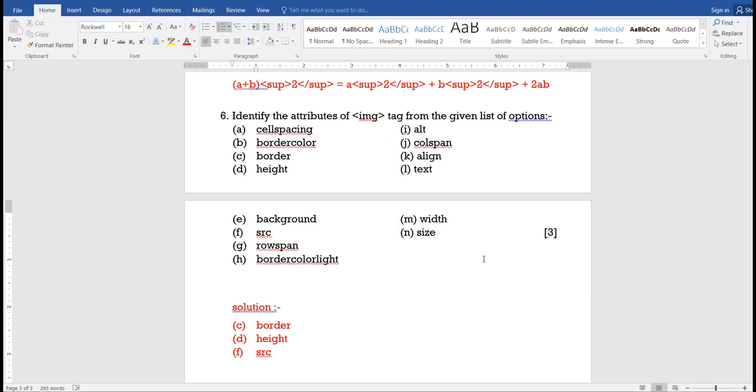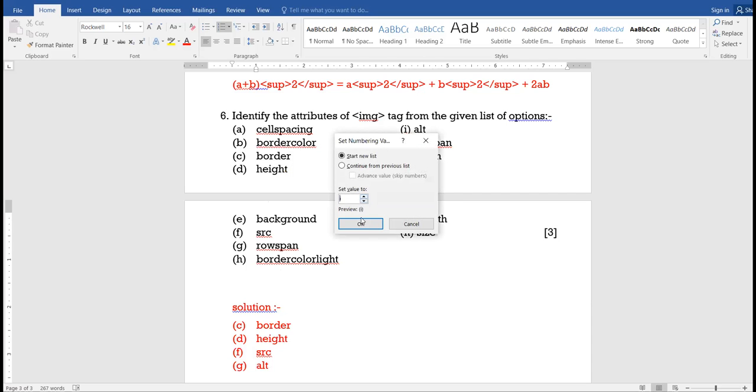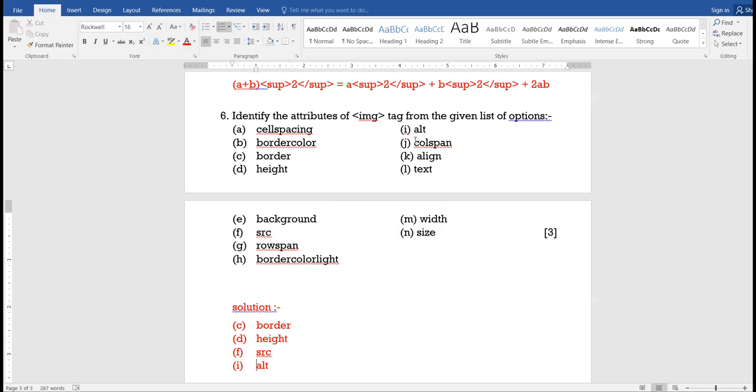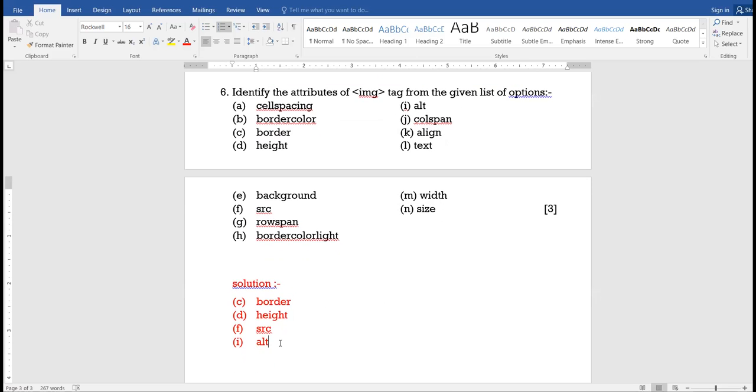Then rowspan is not an attribute. Border color light is not an attribute. Alt is an attribute, so write alt here. Then colspan is not an attribute. Align is an attribute, so write align here.